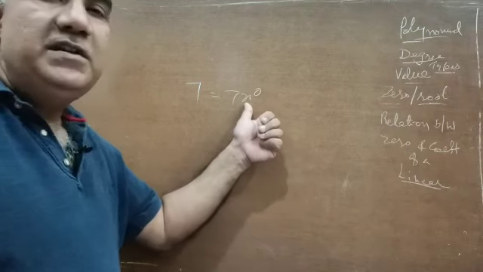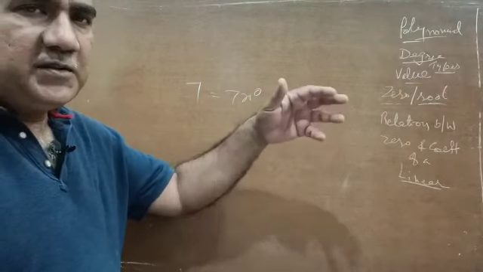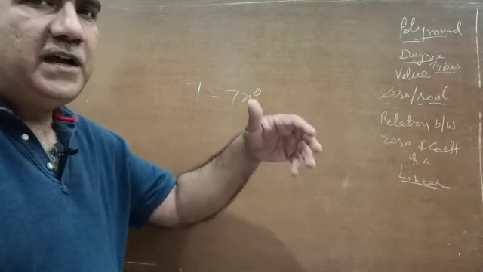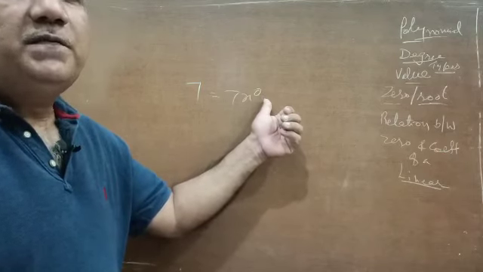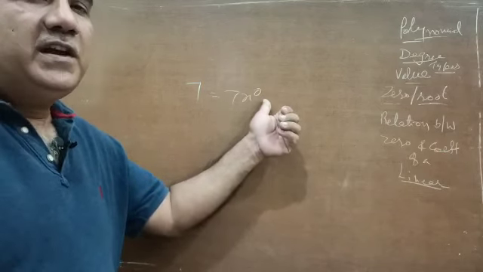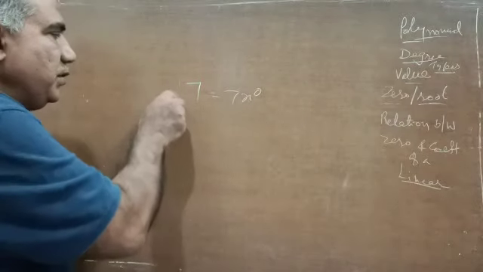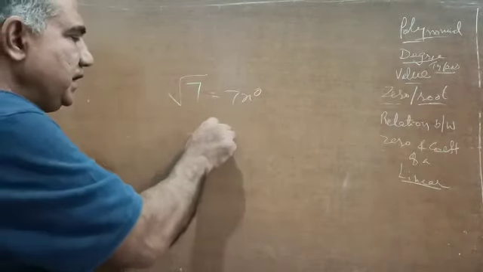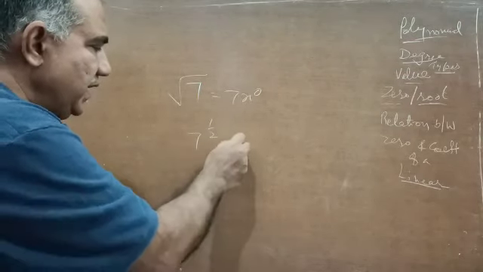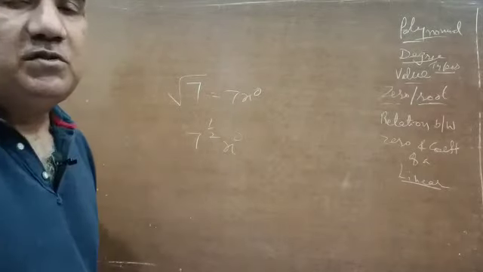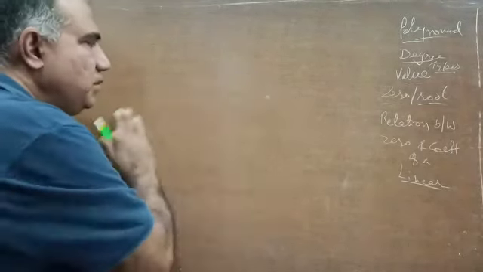Here the variable is x and the power is 0, and the requirement for an algebraic expression to be a polynomial was that its power should be non-negative, non-fractional. So 0 is non-negative, non-fractional. So 7 is a polynomial. Even root 7 is a polynomial. Some people will think it is 7 by 2, okay, let it be, but you can write 7 x raised to power 1 by 2. The power of the variable should not be negative. That was all about polynomials.